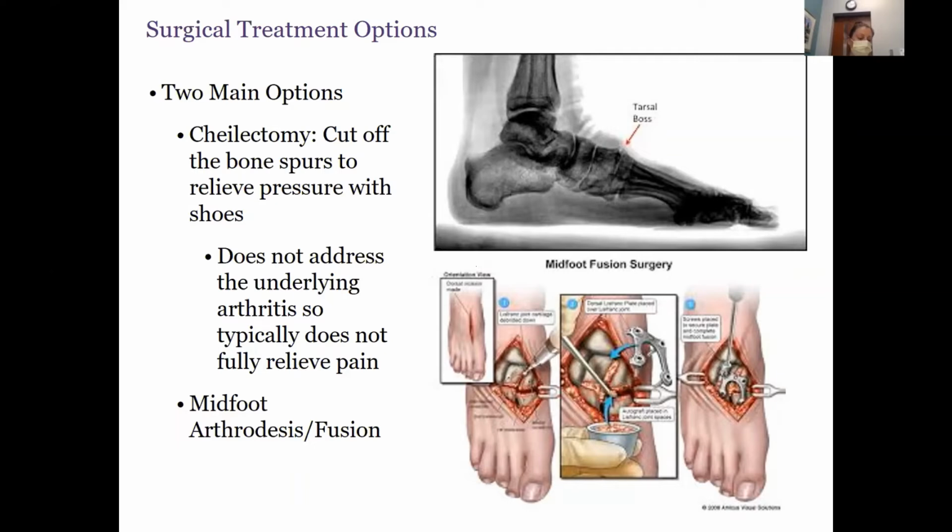So just be very aware of that. So if you do go in to have those bone spurs removed, just be aware of that recurrence. The other option, unfortunately, is to do a fusion surgery, and that's where we just get the bones of the